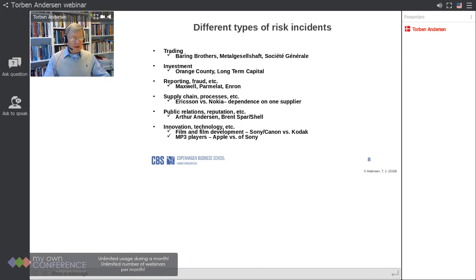We also think of other risks that relate more to supply chain situations. They could also relate to public relations situations, such as Arthur Andersen, which advised Enron and was involved in the wrongdoing at Enron and therefore lost its reputation and ceased to exist. Other examples relate to innovation and technology, where, for example, Kodak ceased to exist because they were unable to exploit